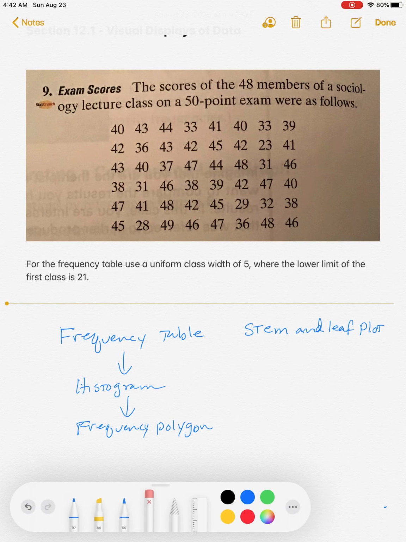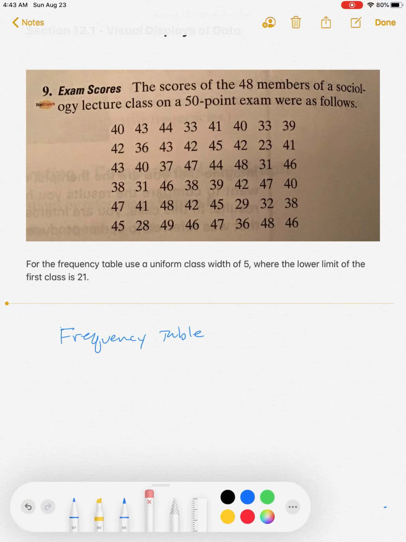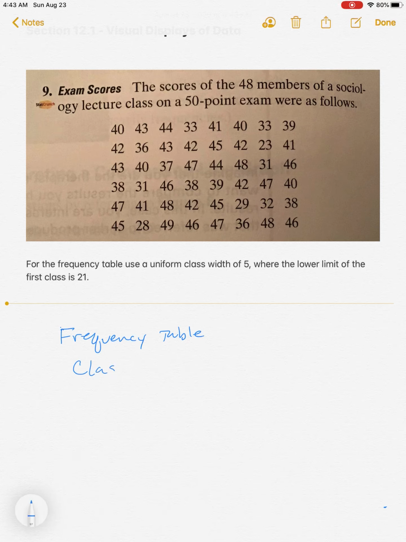I'm going to just focus on frequency tables. I'm going to come here and erase these other words that I put out there. A frequency table is essentially what it says, a table that organizes the data. It organizes the data into usually uniform classes. And what I mean by uniform classes is that they're the same width. It's going to take this data and break it down into categories. We'll usually get some direction on how to create those classes. If we don't, then we kind of make them up ourselves, trying to capture at least 5 classes